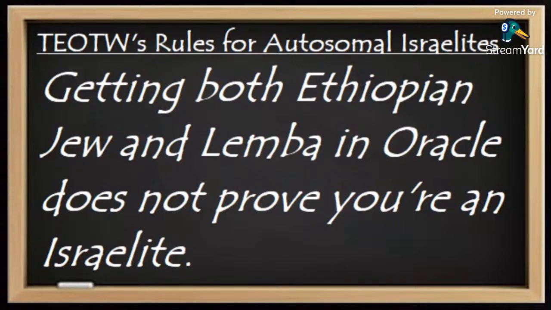You know, a number of people around them, the Teotw twins and a number of their supporters, were pushing this idea of, we proved we're Israelites through these DNA results, and then they point to GEDmatch Oracle results. But it seems now that argument has been undermined by the Teotw twins themselves. But I would say that I personally agree with this rule, which you see on your screen. And to explain why, let's actually get into a basic fact about GEDmatch Oracle.